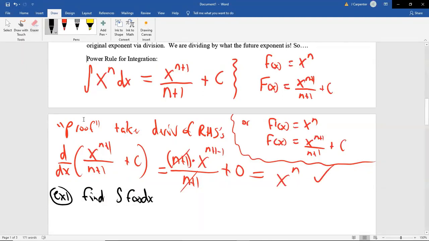So again, that doesn't say find 5 times f of x times dx. This is the integral symbol. I just want you to go ahead and get used to me writing it a little sloppy because I usually don't take an hour to write that. This is what it comes out to.